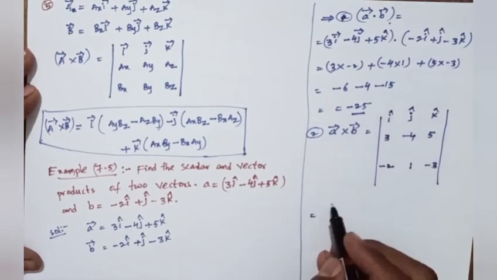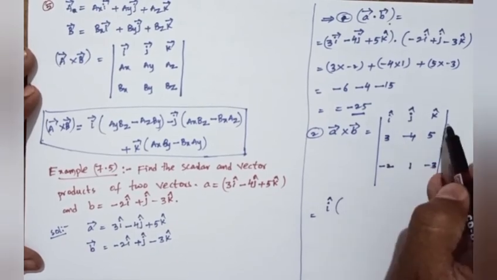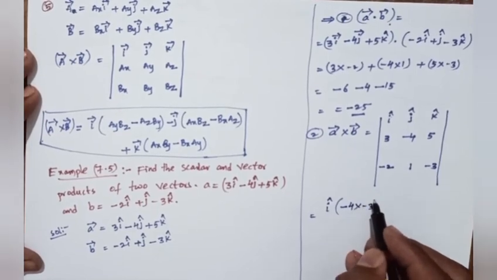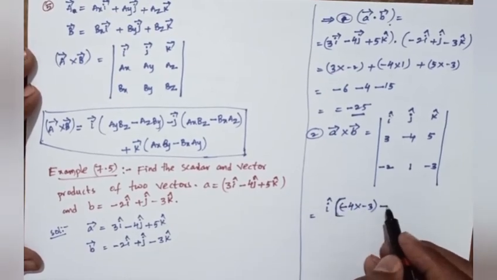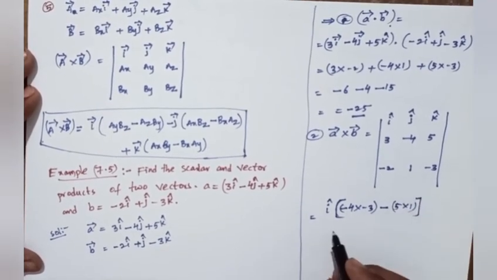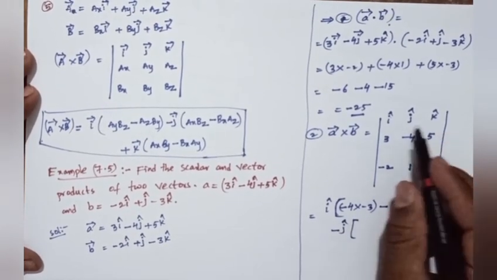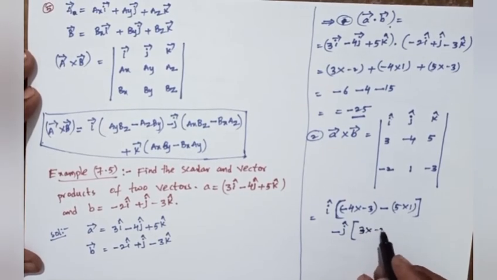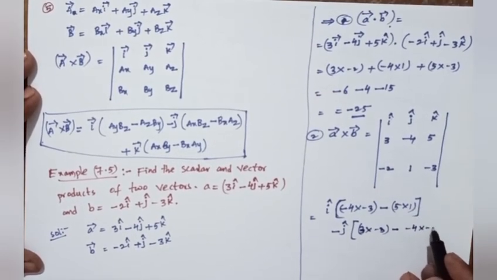First we take i cap into minus 4 into minus 3 minus 5 into 1, minus j cap into 3 into minus 3 minus 5 into minus 2,